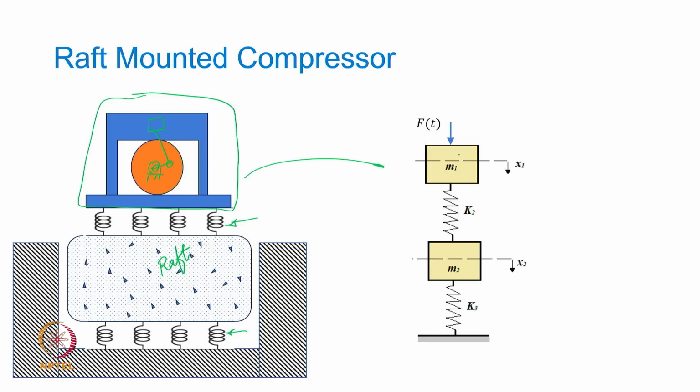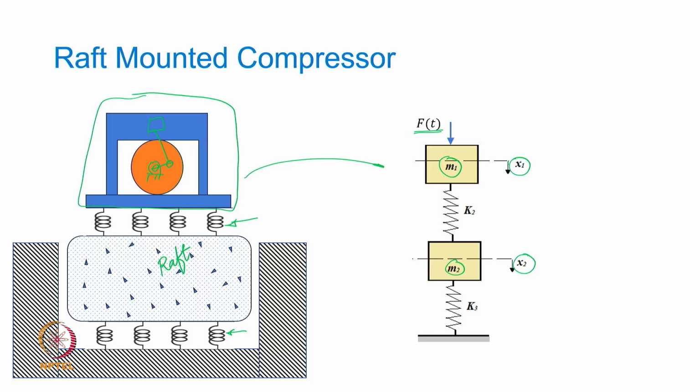And so this is the compressor mass, which has a degree of freedom x1, and the raft is m2, which has a degree of freedom x2, and that's how we model this practical system. What is the difference here now? The compressor, being a rotating machinery, will excite the compressor structure with a dynamic force. So we are now including the forcing function in this 2 degree of freedom model. Okay,